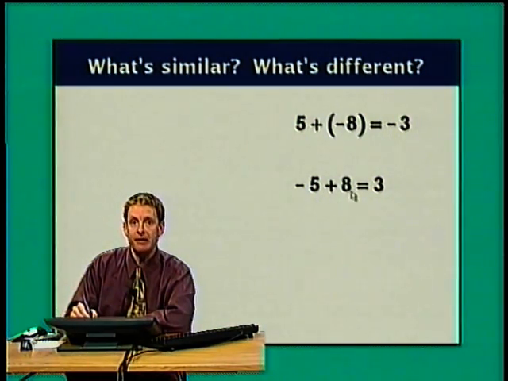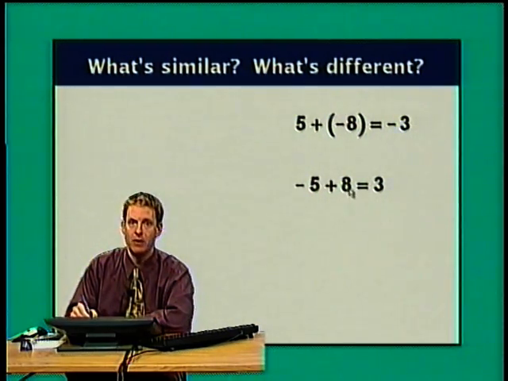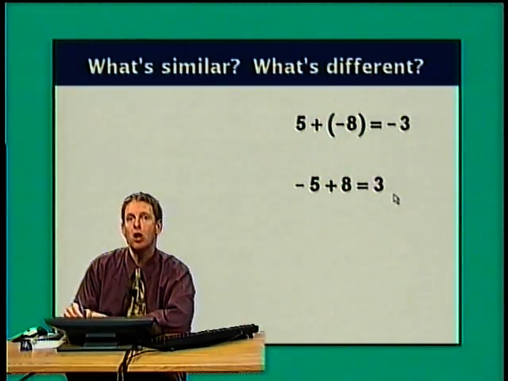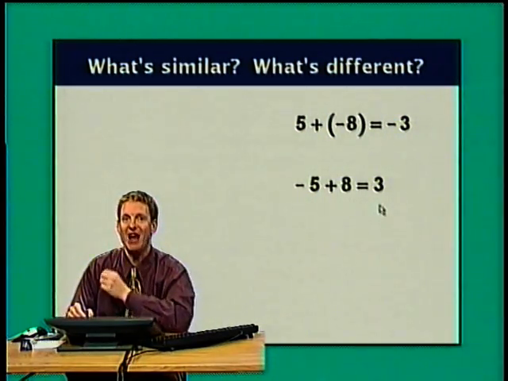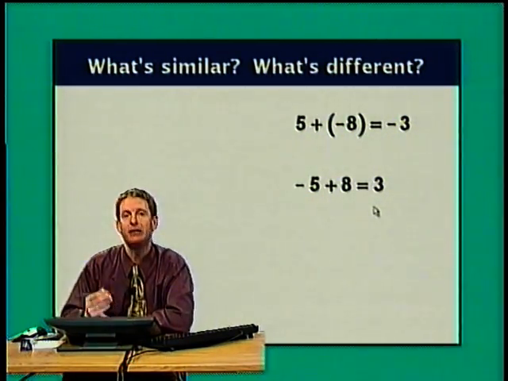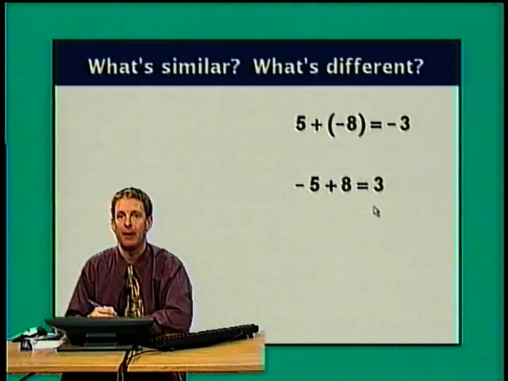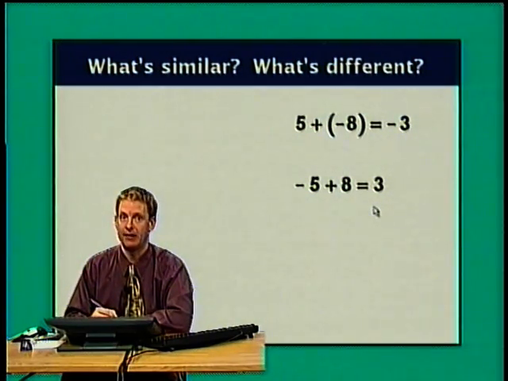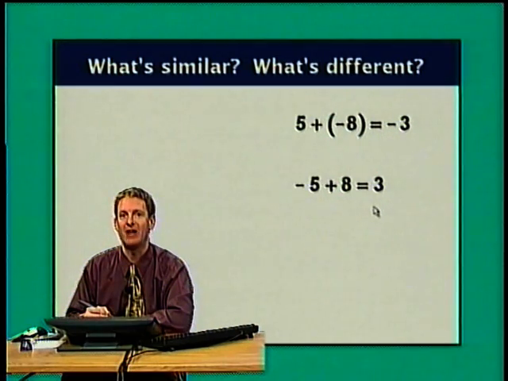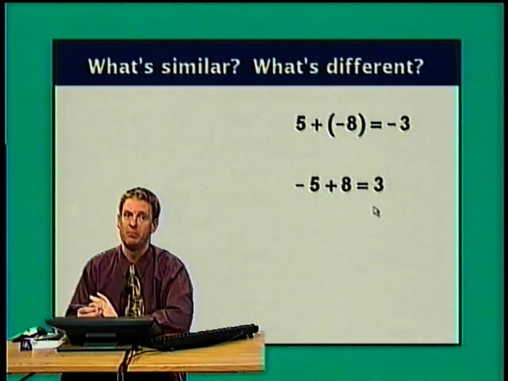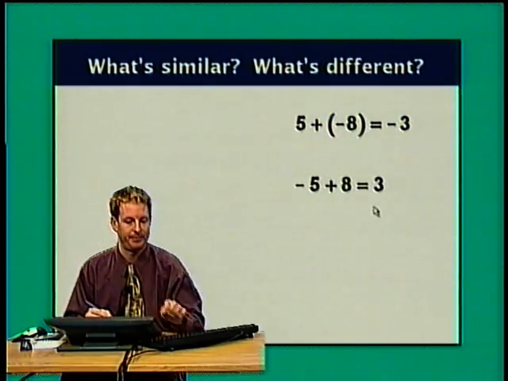When the positive number had the larger absolute value, 8 as opposed to the absolute value of -5, which is 5, look what happened. The sum turned out to be positive. So in both cases, the absolute value of the sum ended up being the positive difference between the absolute values of the two numbers in the sum. When the negative number in the sum had the larger magnitude, the sum came out negative. When the positive number had the larger magnitude, the sum came out positive. Let's put that in words.